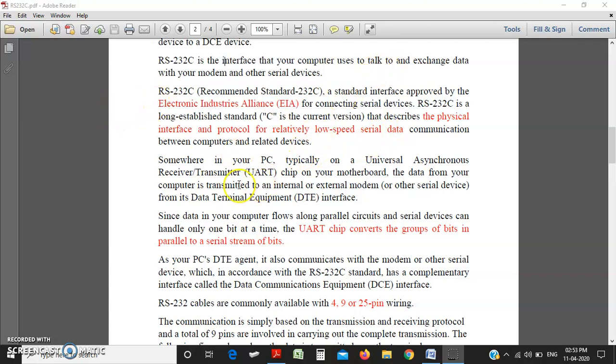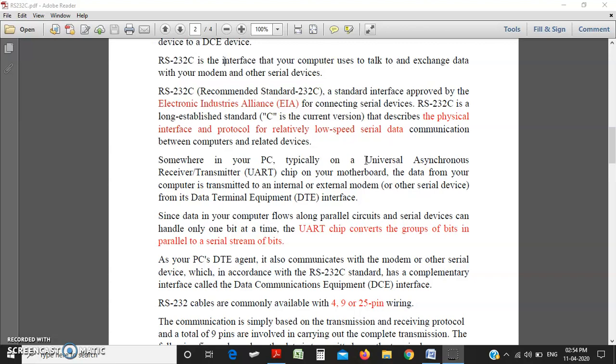So we need some device which can convert the parallel data into serial and the serial data into parallel. The parallel data provided by the computer must be converted for serial devices, and the data received from the serial devices must be converted into parallel data for the computer.